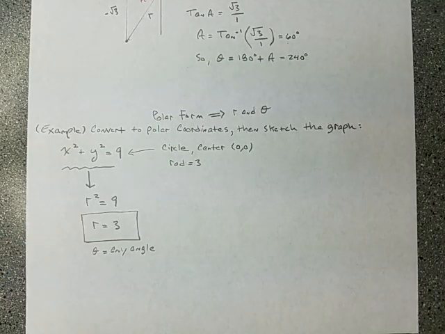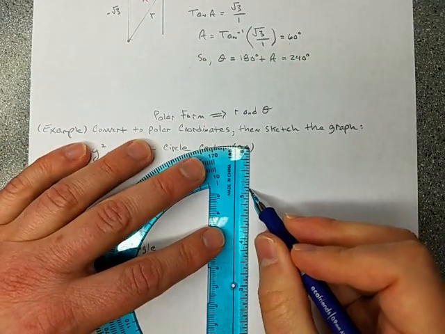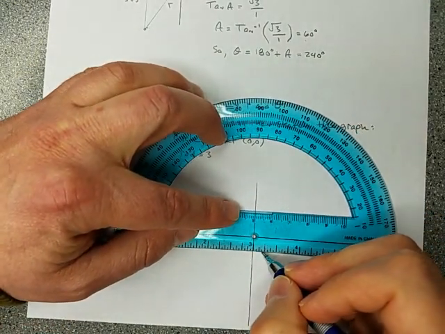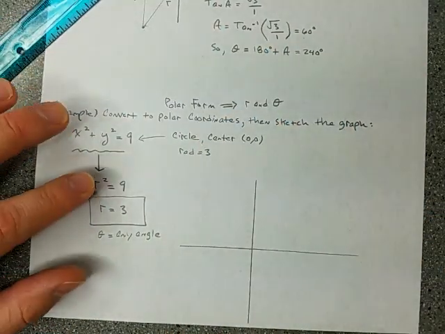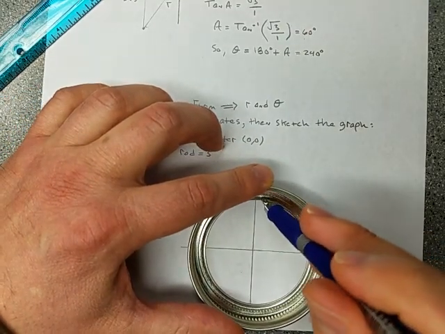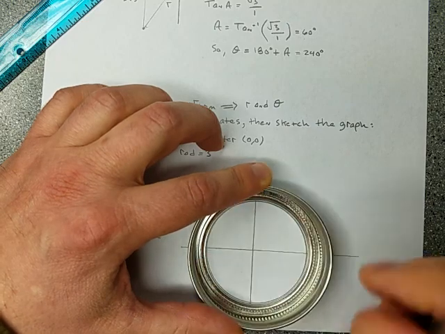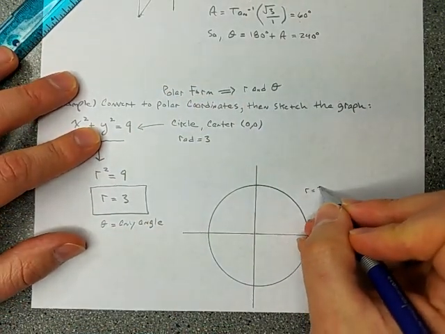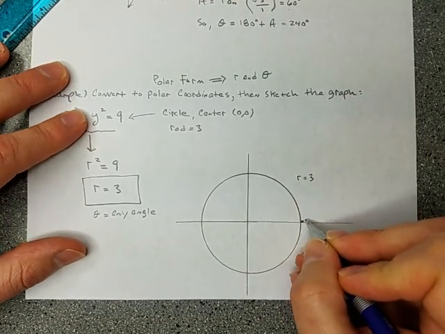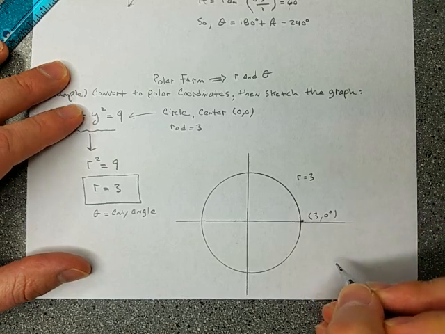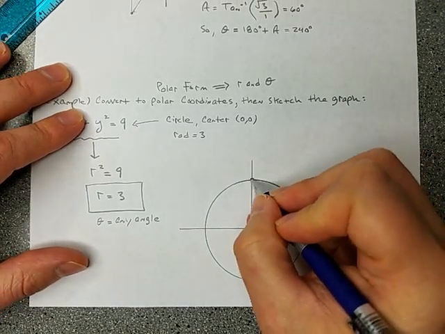Okay, so it says convert to polar coordinates, then it says sketch the graph. All right, let's sketch the graph. It's a circle. I told you that much already, so I'm being very particular about drawing my circles. There it is. Here is r is equal to 3. So for example, it's got this point, 3 for r, 0 degrees for theta. It has this point,